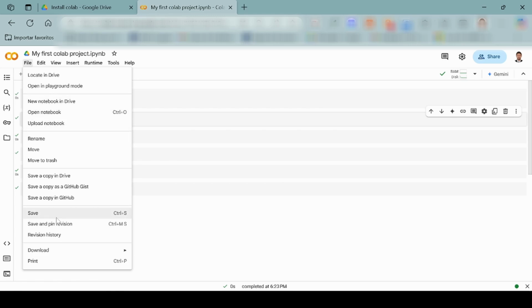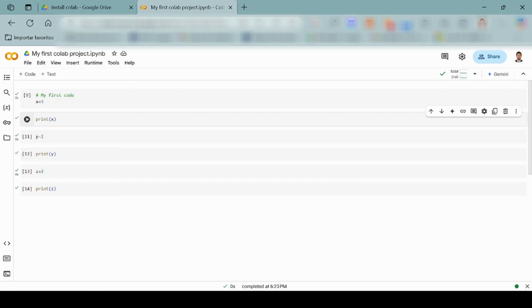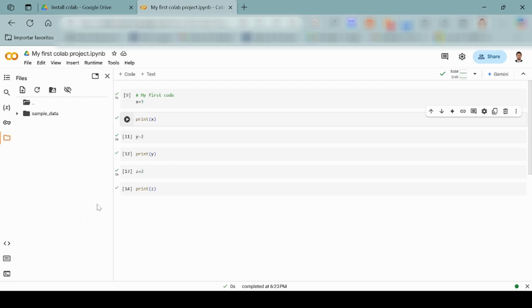I can save it as any file, and I can download. I recommend you to download in .ipynb. This is the notebook extension. This one is only Python. This is a notebook extension. I recommend you to use this one. For last one, if you save anything, but you have files here, these files won't be saved. Remember, download before you close the Colab file.